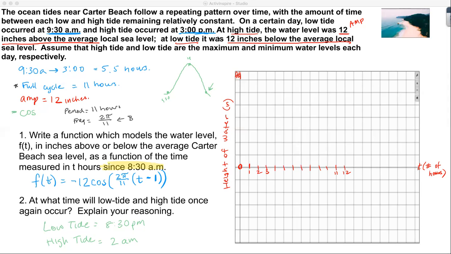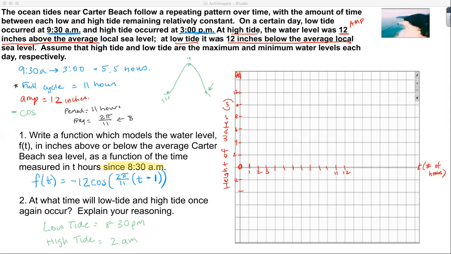Okay. Now it's saying the height of the water. I know my max is going to be 12, and my min is going to be negative 12. So I'm going to write this by 2's: 2, 4, 6, 8. I'm going to scale it by 2's, and I'll go the other way as well. But now that I have that, I can think about the points from the problem,